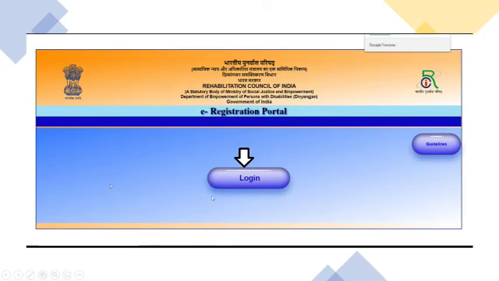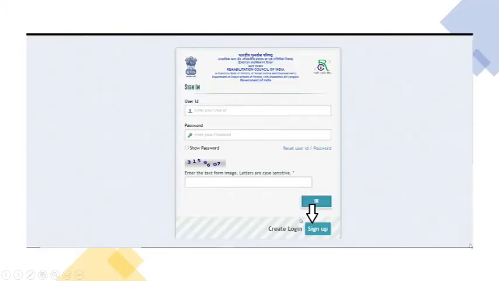Once you have clicked it, it is going to take you to the RCI website, the login page, where you have to press the login button. Once you have pressed the login button, it is going to ask you for user ID and password. For those who have already signed up, you can directly enter your username and password, press OK, and go to the dashboard directly.